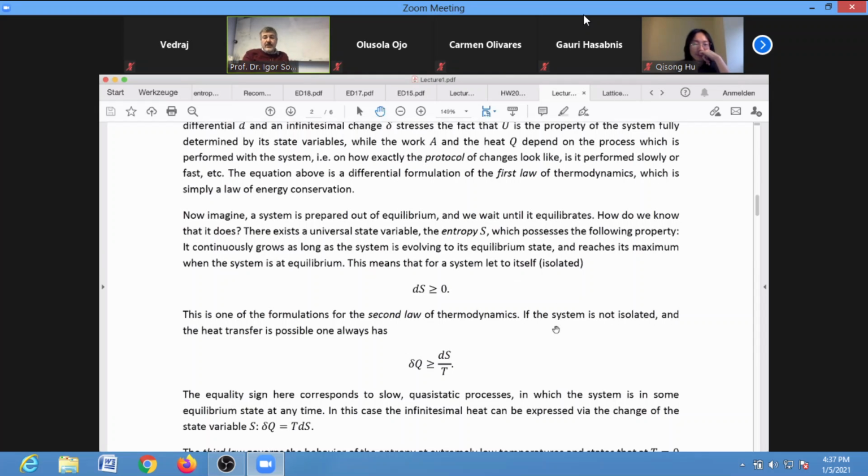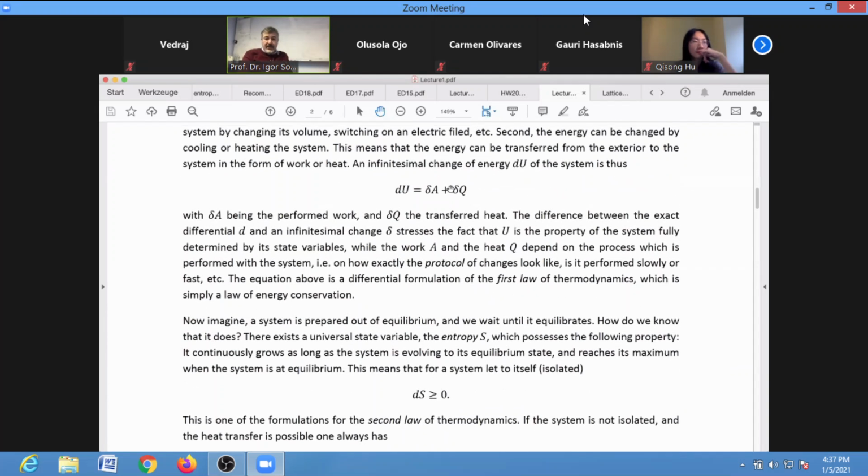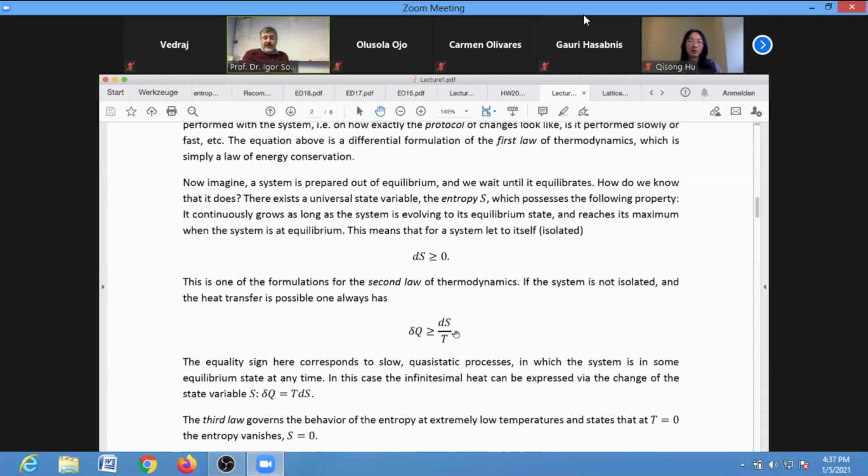Now, if the system is not isolated and there is some heat transport, then the transported heat is always larger or equal than the change in entropy divided by the temperature. And if the system is at each state of your process arbitrarily close to the equilibrium, you have here the equality. The heat, the transported heat, is the change of entropy divided by temperature. The temperature is changing very slowly, so at each time you have a well-defined temperature. You can then say that